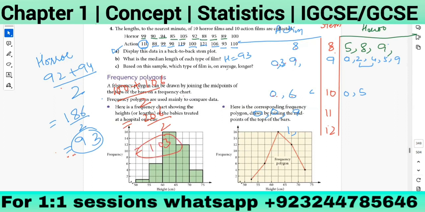That's 103. So for the action one, it would be 103. Are you understanding this now? You are not able to do it yourself. Okay, so read the last one. The last part says, based on the sample, which type of film on average is longer? So which type of film is longer? Because the action is giving us 103 on